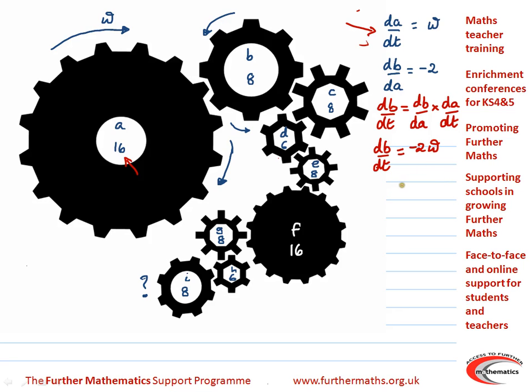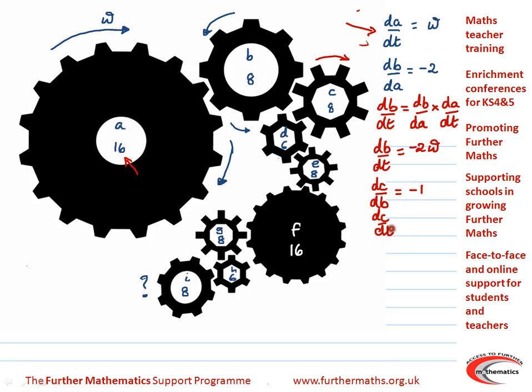If we have a quick look at C, now C has exactly the same number of teeth as B, so dC dB is going to turn at the same rate, but just notice C is going to turn in the opposite direction to B. As B goes anti-clockwise, C is going to go clockwise, so dC dB is -1,